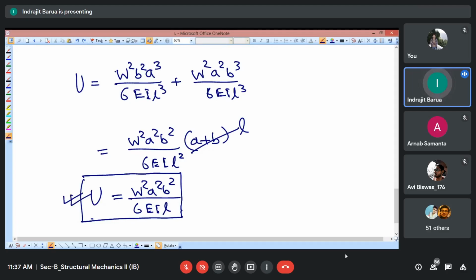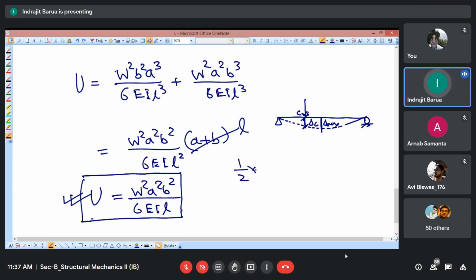So for any combination, let's say 2 meter, 3 meter span, whatever you have, you will be getting the strain energy with respect to this. Now don't get it wrong, because as I mentioned earlier, the load is here. It is not at the midpoint. So the deflection may be like this. The maximum deflection may be like this, but what we are interested to know is this deflection. This is the C point, so this will be delta C, and this is delta max. We are not going for delta max here. We are going for delta C here.